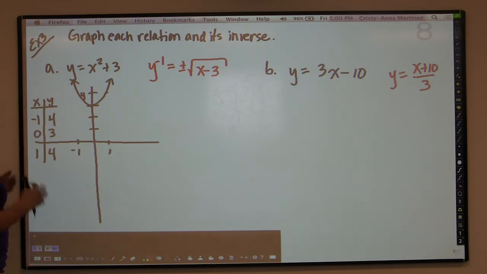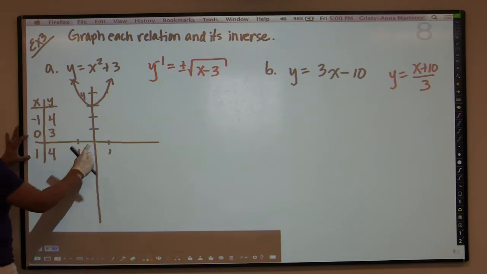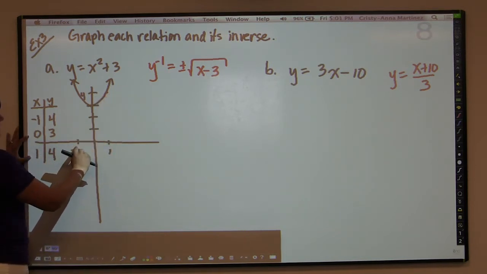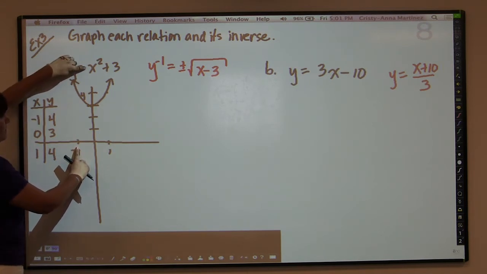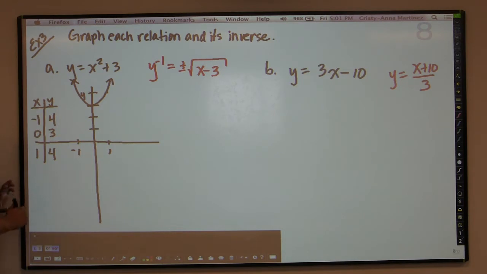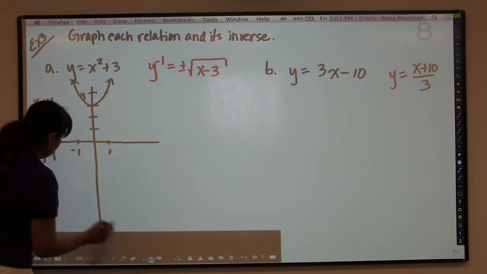So I was saying, if you didn't understand what I was just saying, I was just making the t-table here. When x is 0, y is 3. When x is 1, y is 4. When x is -1, -1 squared is still +1, plus 3 is still 4. So here's my table. Now, if I want to graph the inverse, all I have to do is switch the